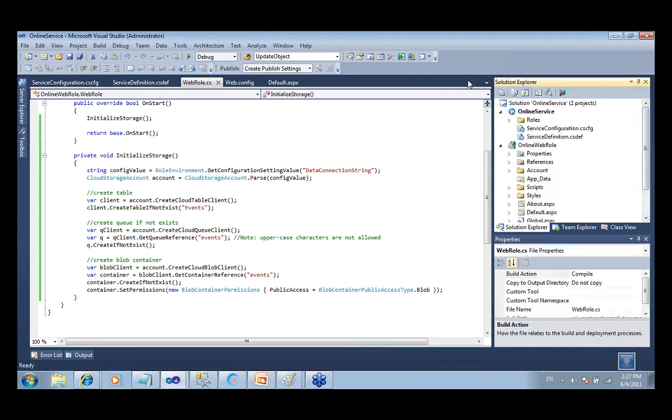Now let's run the application, and I know that I will be facing a runtime error. I want to show you this error before correcting it. So as you can see here in Visual Studio,